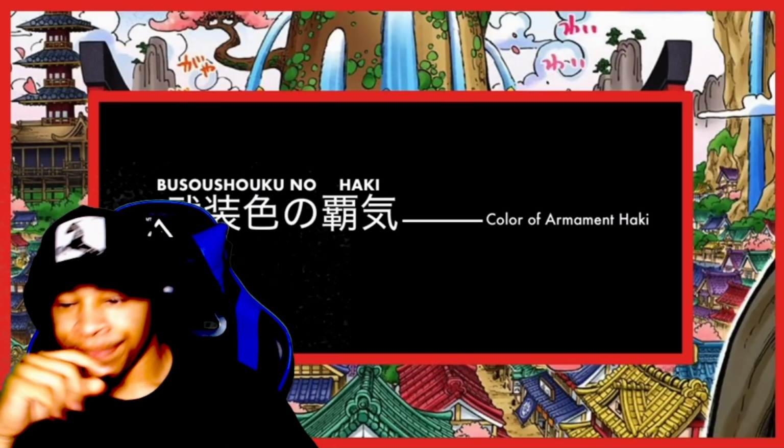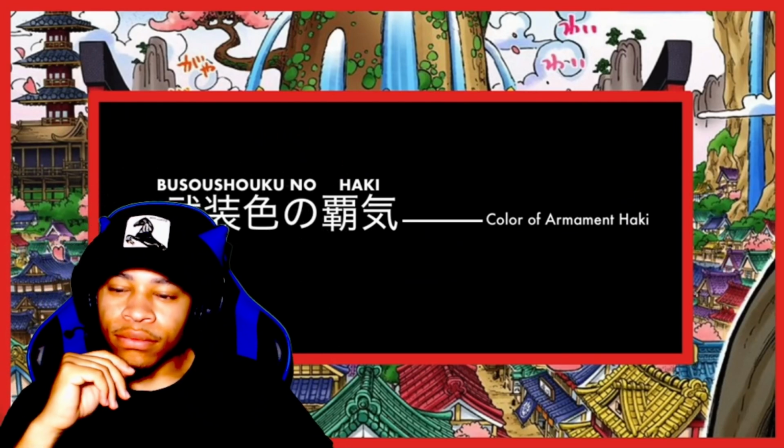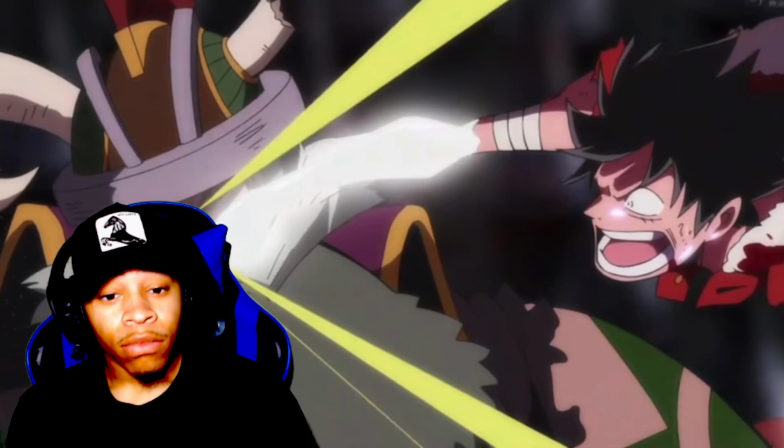Busou translates to armament or armor, using the kanji for martial armor. In that regard, it allows one to coat parts of their body with their own spirit, creating an armor around their body. This armor is very powerful and